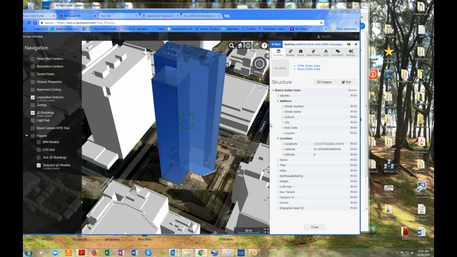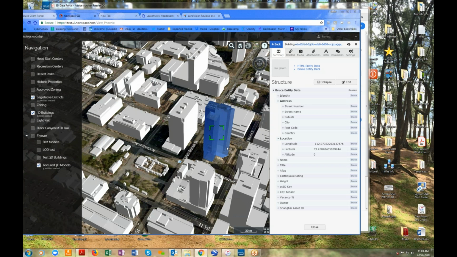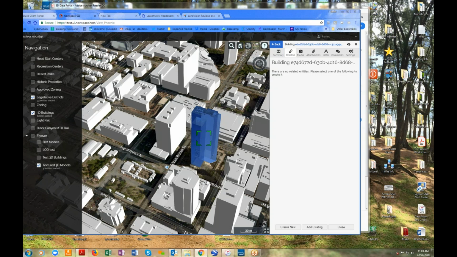So Alex, does that seem like a feasible function? Yeah, absolutely. So what you're describing is a scenario where you select the object on the map, and you go to related objects that would have a list of floors. Each of those might have its own model to display, as well as 2D plans. So you could technically drill into those and see that slice of the building start to appear in the map,